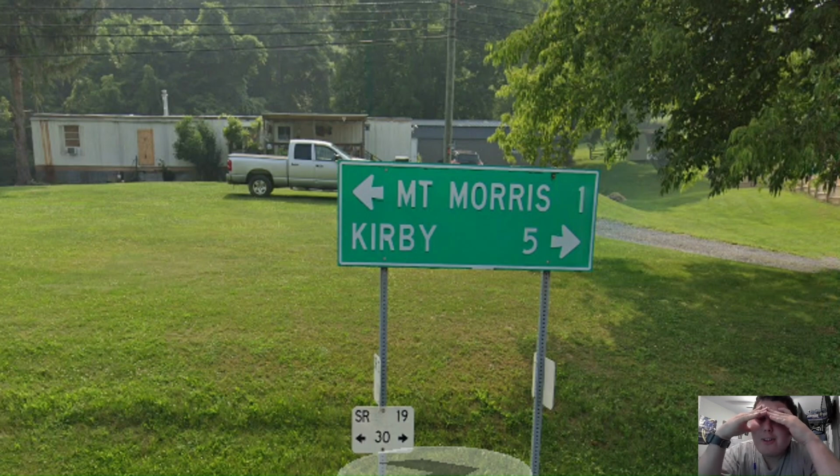I want to talk about this for a second. Can I ask you guys one question? Do y'all want to know what Kirby is? Well, let me tell you something. It's just a bunch of random buildings in the middle of nowhere. It's like PennDOT just decided to pick a random place on a map and decided to sign it for US